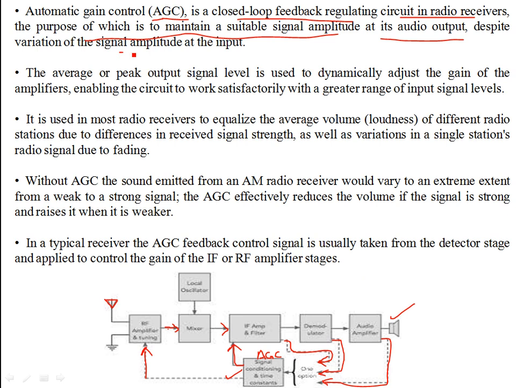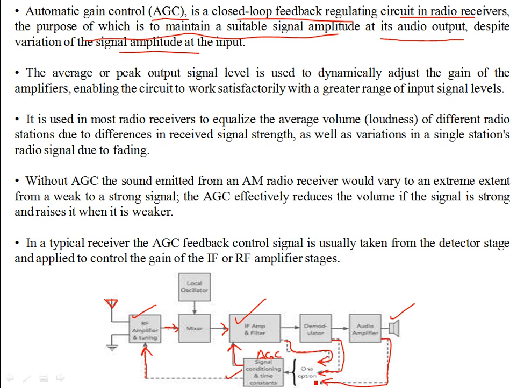Despite the variation in the signal amplitude, so the signal amplitude that you are going to receive is going to be from weak RF to strong RF. So accordingly, automatic gain control is going to set the gain of the IF stage and the RF stage. Okay, so it's depending on the feedback of the detector,